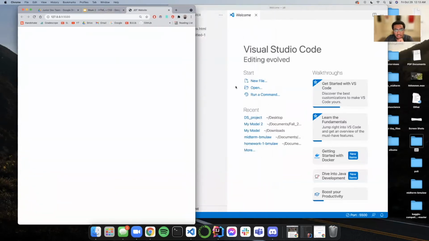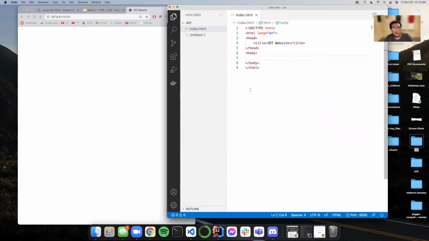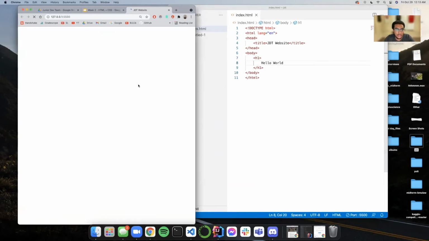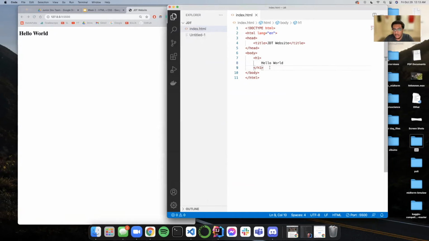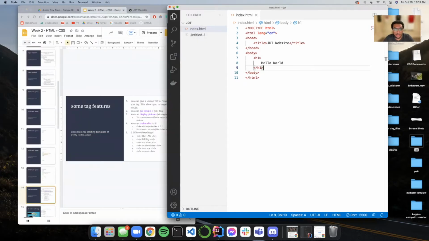there's your HTML website. And just to show you how cool it is, let's just create an H1 tag, which is header. And you can put in hello world. And it refreshes the page for you, so you can see your code live as it's happening on the website. Okay, so going back to the slides,